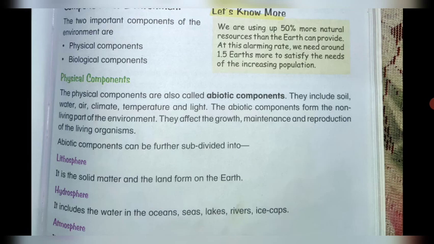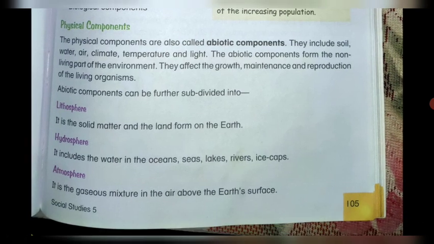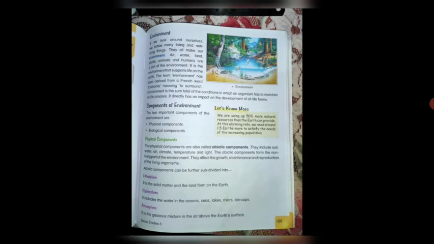Abiotic components can be further subdivided into lithosphere, which means the land forms of the earth. Hydrosphere means the water forms, like ocean, sea, lake, all are considered in the hydrosphere. Atmosphere is the gaseous mixture in the air above the earth's surface. Okay, so on the next page